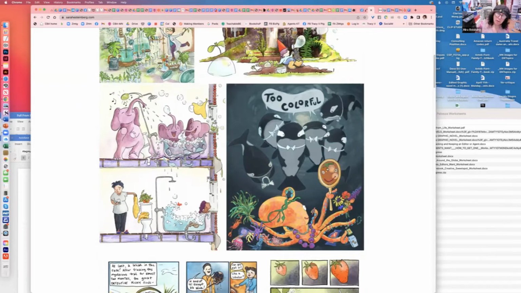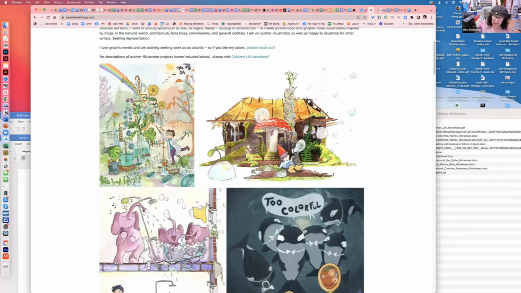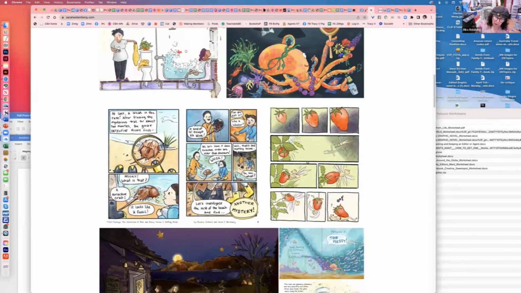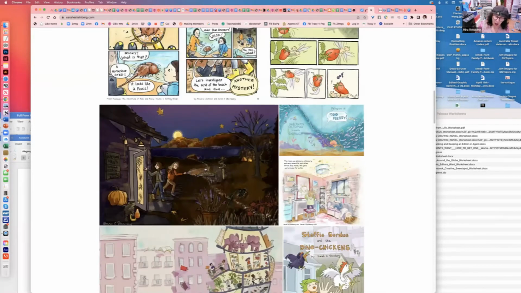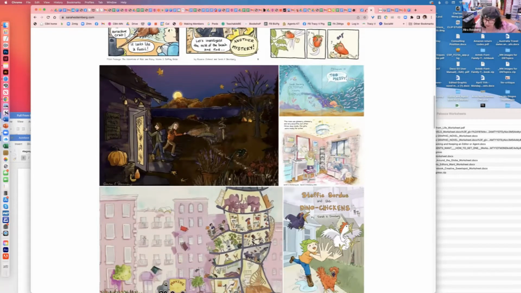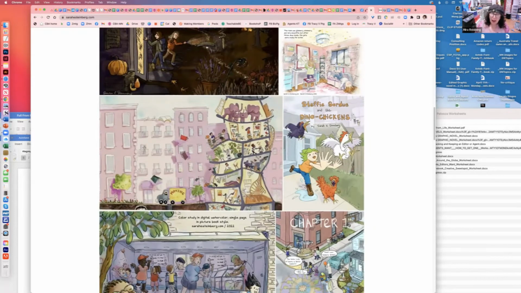Put the two elephant pictures together. This actually goes with another gnome picture. You know, put them together. These go in the graphic novel section. I would pull this because it's not your strongest work. I know you love it, but I would pull this out. I would put this in other art, put chapter 1 in the graphic